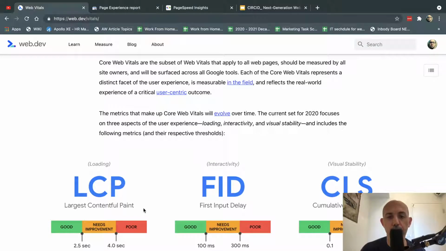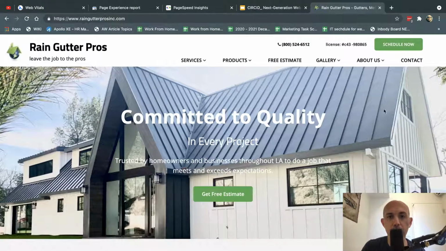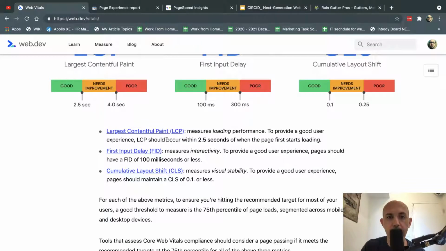So what is typically within the viewport? When you load a page, let's load this page, what is typically the largest part of the website? Typically it's the banner on the homepage, but not always. How long does it take for this to load? What that means for the visitor is, how long does it take for them to feel like the website has fully loaded, and then they can start interacting with it. They can read, they can click around, things like that. So how long is it? Google mentions that if it loads within 2.5 seconds or less, that's probably a good thing.